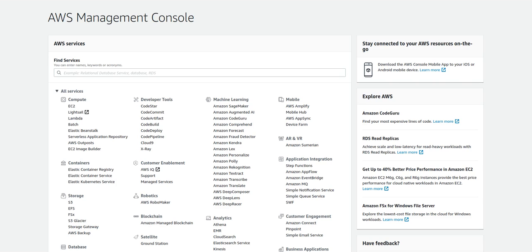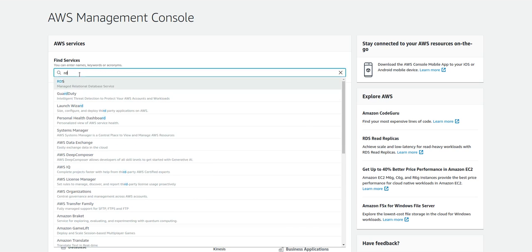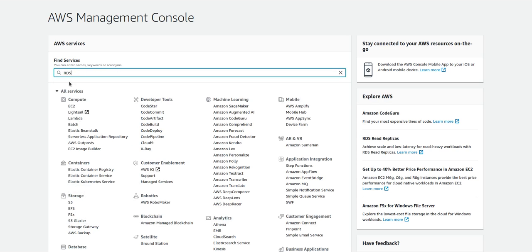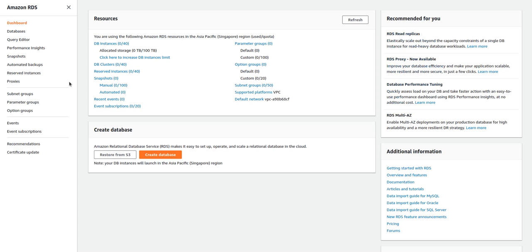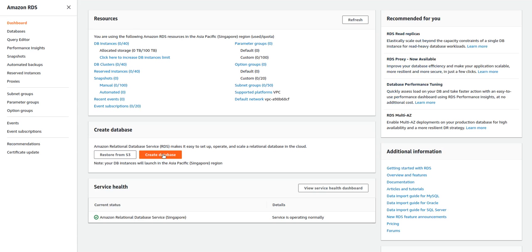This video is about how to create a database using the MySQL engine in the AWS Management Console. So I will find a service called RDS. RDS is like a relational database system. It's a service residing in the AWS Console. And now I will click on Create Database,